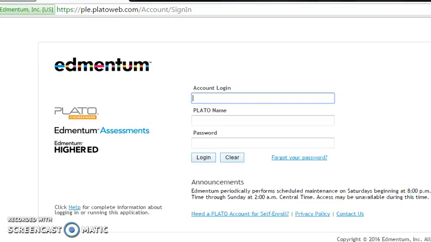As you can see, we are on the ple.platoweb.com website. Where it says account login, you are going to type in Brown Co. K12. Your Plato name is going to be your first initial, last name, 2-digit year of graduation. And so in this case, I am signing in as sample student, so it would be S student, and this